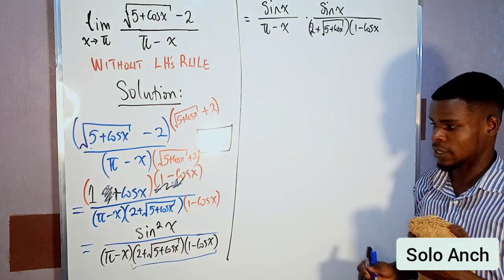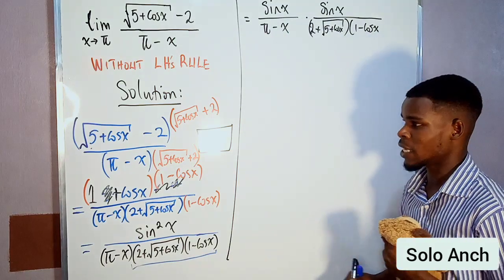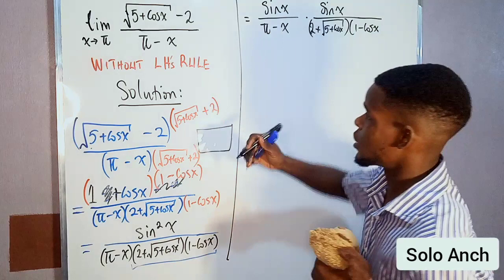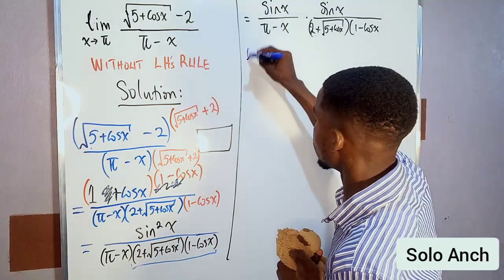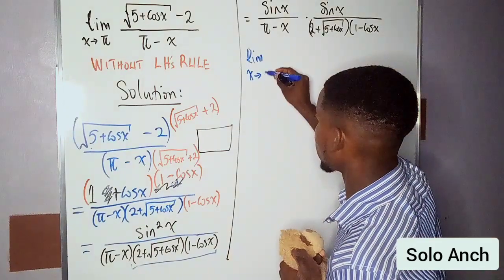Okay, so that's it. We started with the function whose limit we want to evaluate as x approaches pi, and then we ended up with this. So I'm going to say that the limit as x approaches pi,